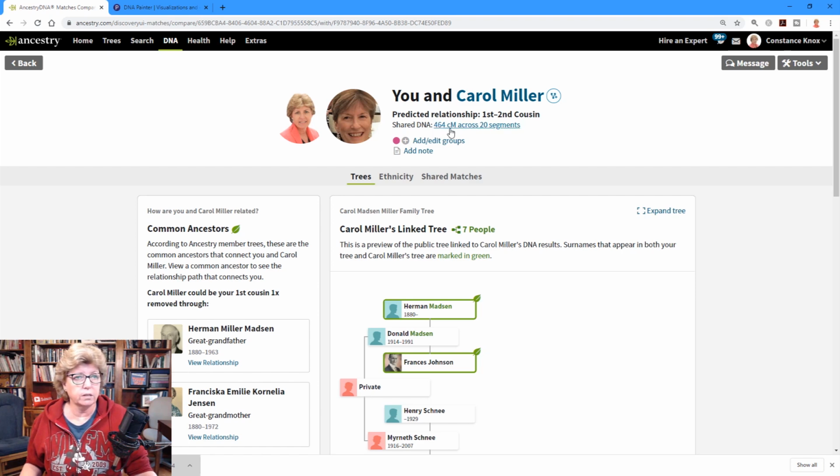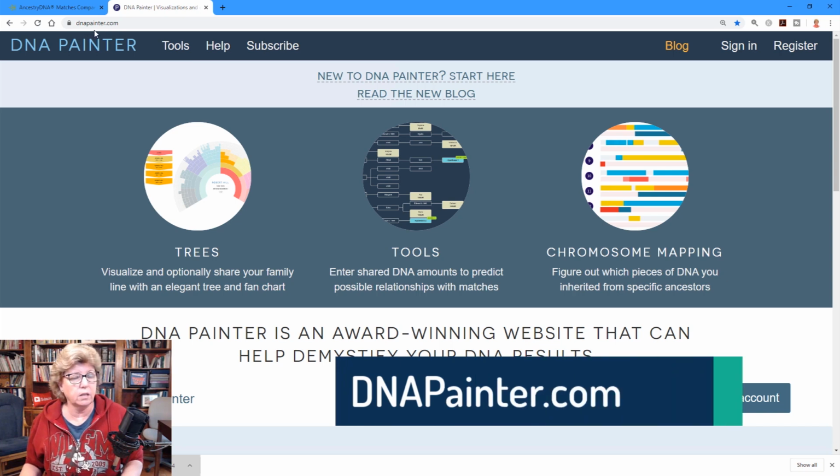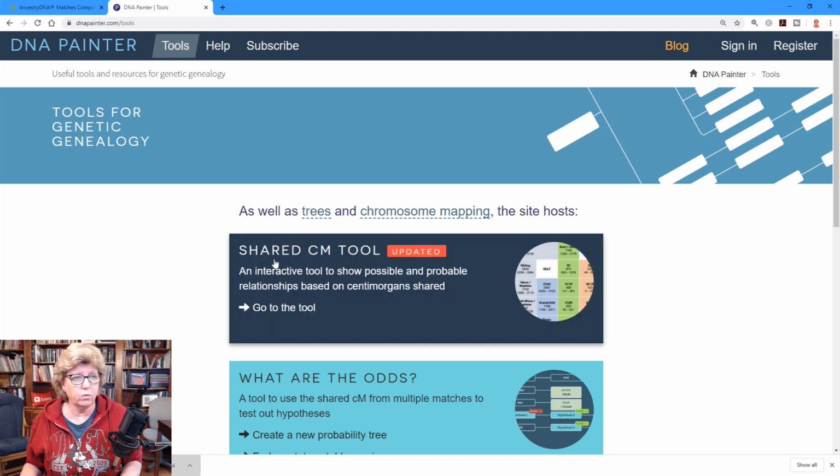So 464 centimorgans, right? So if we go over to DNA Painter, and that's at dnapainter.com, and by the way, they're not sponsoring this, so I'm just showing you. And you click on Tools. Now we're in the tools, and what you want is the shared Centimorgan project. And what this is, Blaine Bettinger and gang,